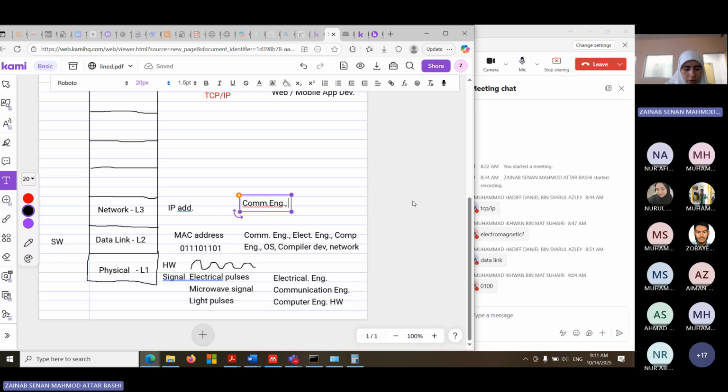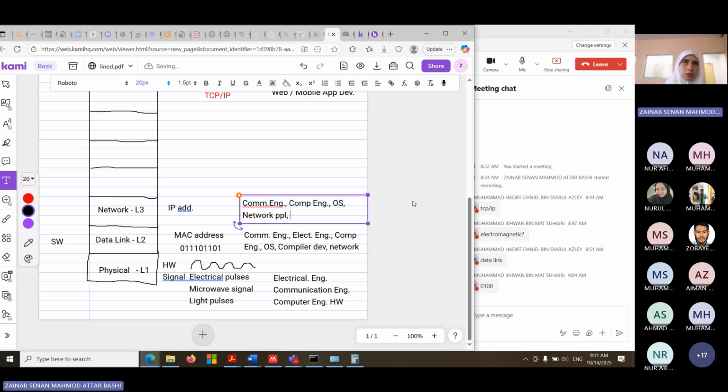Okay, computer engineers, they will study it in details. Operating system people, they have to know how to do the coding for it because they have to program the sockets and so on. Compiler developer, not really. Network engineers, network admins, all these people dealing with networking. Let's call them networking people, just for short. Anyone dealing with networking, of course, they will study it here.